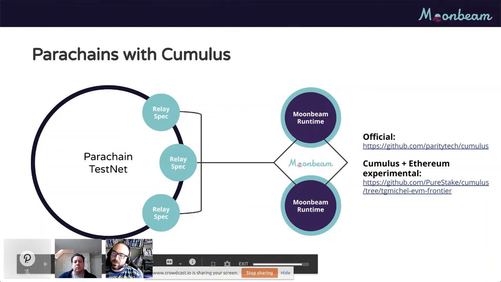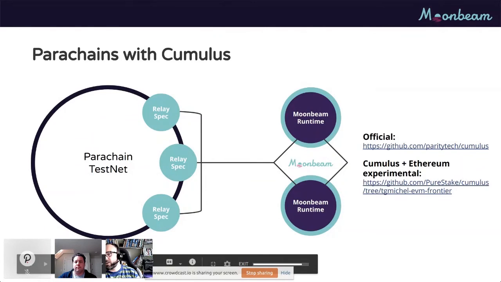I also wanted to share the current Moonbeam status as a Parachain. Many of you will probably know that Polkadot does not have the ability of executing smart contracts by design. It lets Parachains augment this initial capability. The Moonbeam project aims to be a Parachain and rely on the relay chain to give it finality.